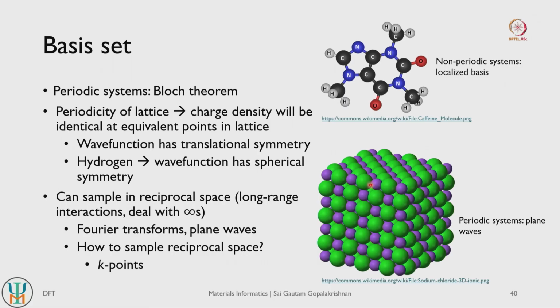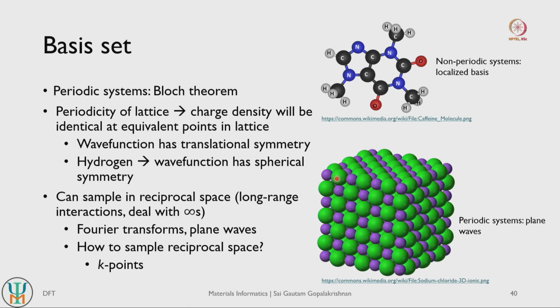If it is not identical, then the system does not have translational symmetry, because in a solid, whether I draw a unit cell here or whether I draw a unit cell here, I should have the same properties, right? I should have the same bond length, I should have the same lattice parameters, I should have the same thermodynamic properties and so on, right? That is how solid systems or periodic systems behave, right?